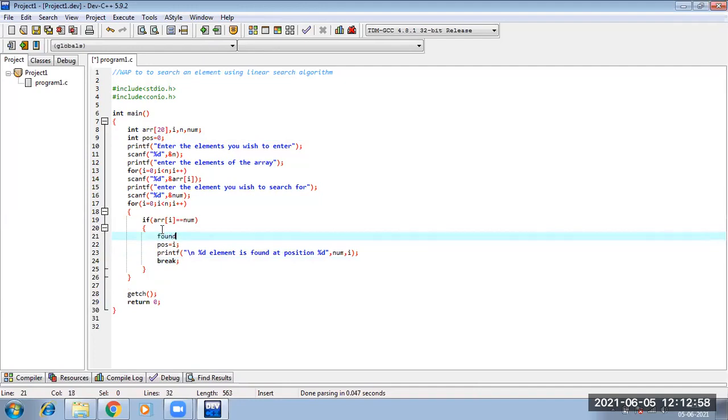And if it is not found, I am setting one counter. If found is equal to 0, that means my element is not found. So initially my found counter will be 0. If my element is found, my found counter will automatically be updated to 1. If my element is not found,